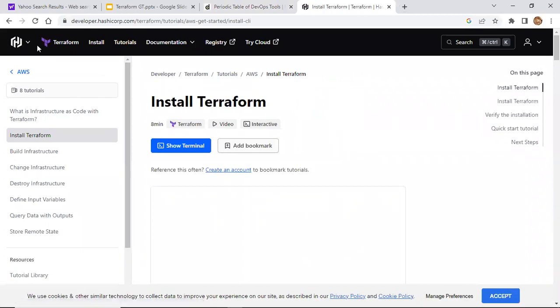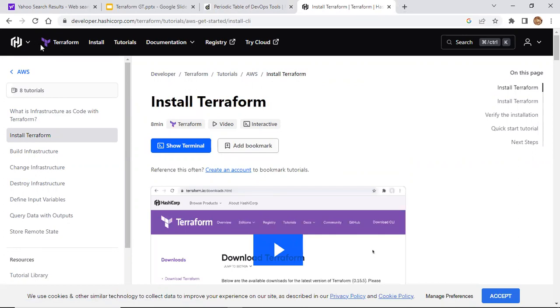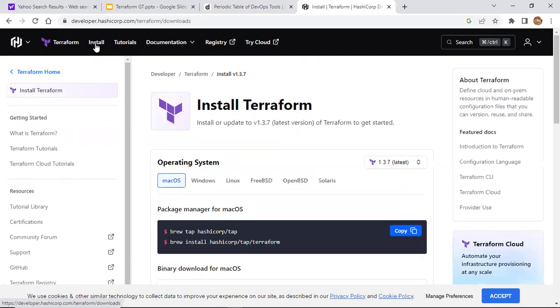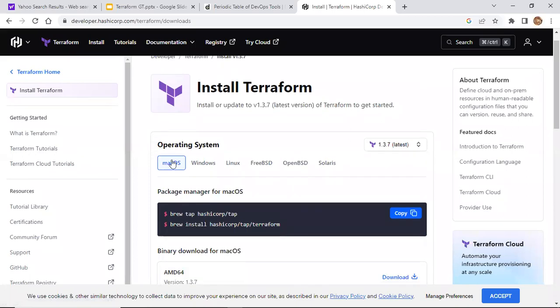After coming to this page, Terraform install tutorials, click install. You will be able to see several platforms here like Mac, Windows, Linux, FreeBSD, OpenBSD, Solaris. For some people, this option may come as a drop-down menu, with an arrow mark over here. If you press that button, it will show a drop-down menu.